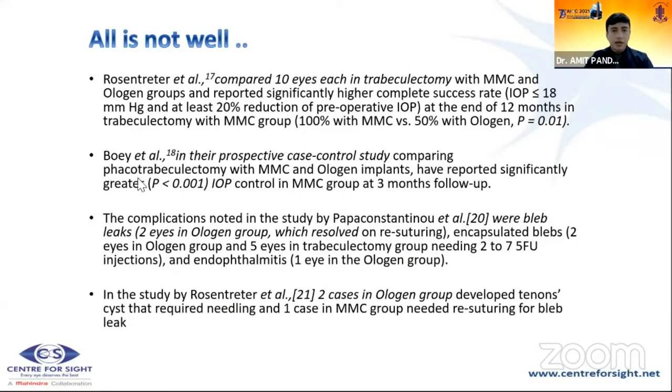Right. There have been negative reports also where the efficacy was questioned in small cases. But most of these reports were before 2011, 2012, where the older model of Ologen was used, which was quite thick, around 4 mm in thickness. 7 mm by 4 mm was the dimensions then, and those Ologen implants did not yield very good results.